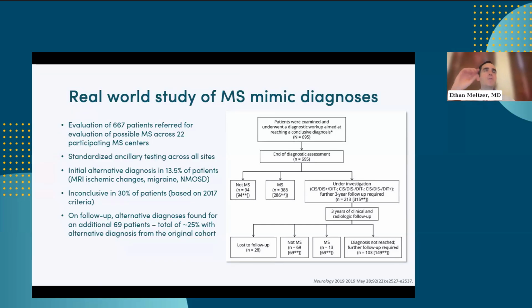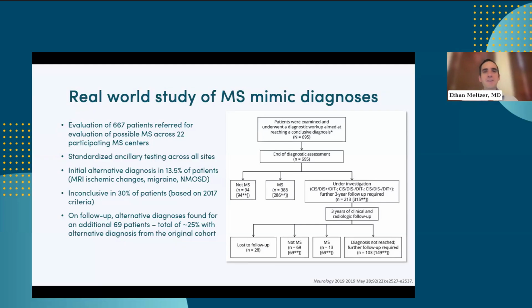And of that cohort where there wasn't an answer initially, they followed these patients up, and a large number of those patients ended up having an alternative diagnosis, but many of them it still wasn't clear. And so I think this is just one of these examples that neurology is just so humbling, that these patients can be seen for years and years. And I think the number ends up being about 15% of them still don't have a confirmed diagnosis of MS